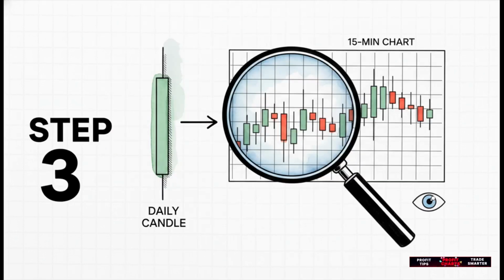And finally, step 3. We've got our direction, we've got our location. Now we wait. This is where patience really pays off. We drop down to a lower time frame, say the 15-minute or the 5-minute chart, and we just watch. We watch how price acts when it gets to our level. We're literally waiting for the market to show its hand and prove our idea right before we even think about